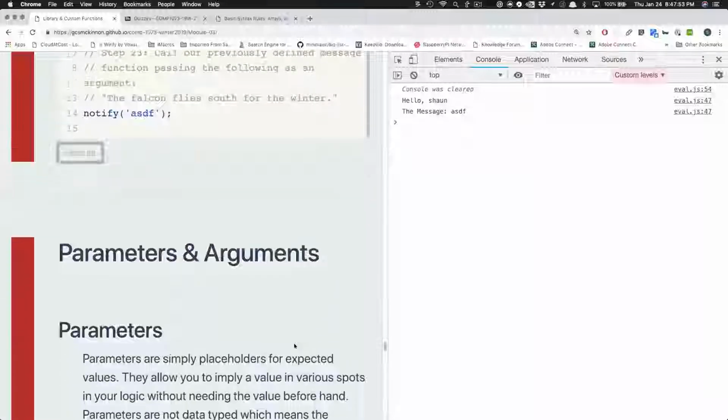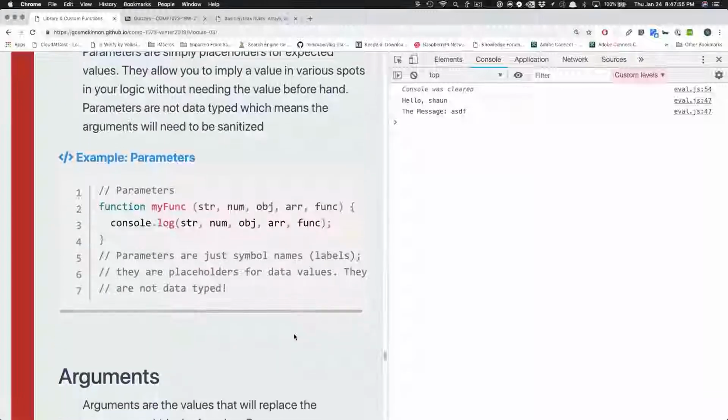All right, so let's talk about parameters and arguments very quickly. Parameters are the things that you use as placeholders when you create your function. When you define your function, you're using them as placeholders. In JavaScript, there's no data types. It doesn't care about data types. It also doesn't really care what you pass as an actual value. You can pass strings, numbers, objects, arrays, and functions. You can actually take a function and pass it as a value directly to your function, which is pretty cool